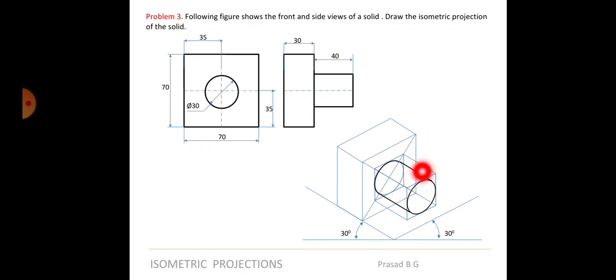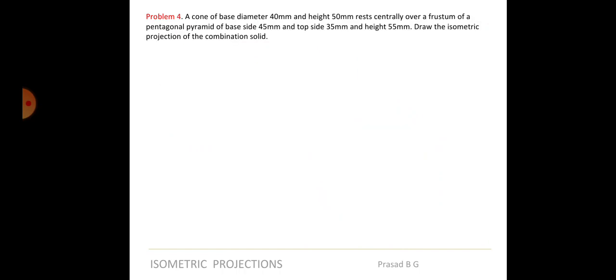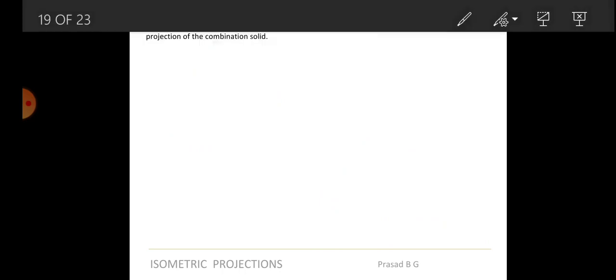So from here to here you draw a tangent line, and this much portion will be visible. And of course while drawing the prism part, whatever portion of the prism comes behind this cylinder will not be visible. So only till here it is visible, and from here it is visible. The remaining lines will all be visible. So that will complete your drawing.